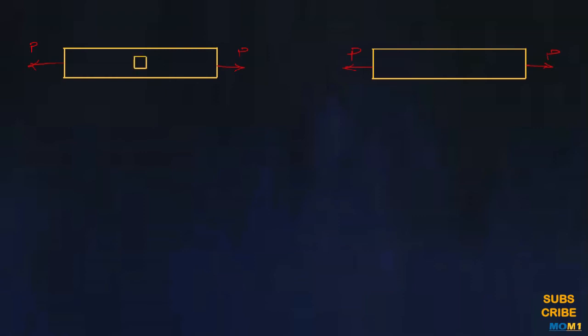Let's say this is beam A of rectangular cross section, and this is beam B of rectangular cross section, and the point and the elemental area which is under consideration is oriented like this. And for the case of B, the orientation of the small elemental area is like this. And if we take a larger view of these two, for the case of beam A, the stresses would be acting like this, so